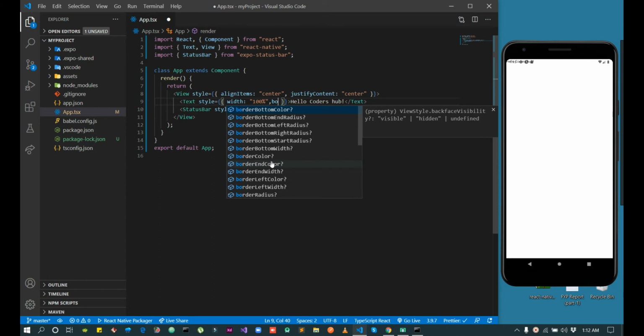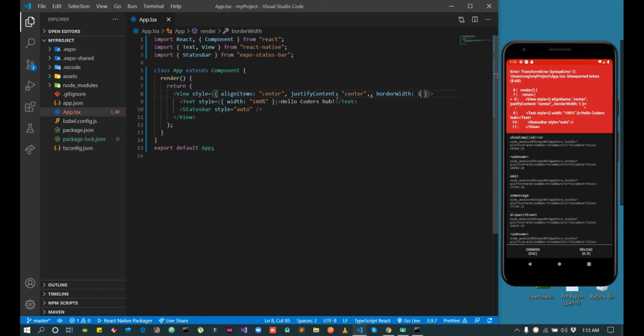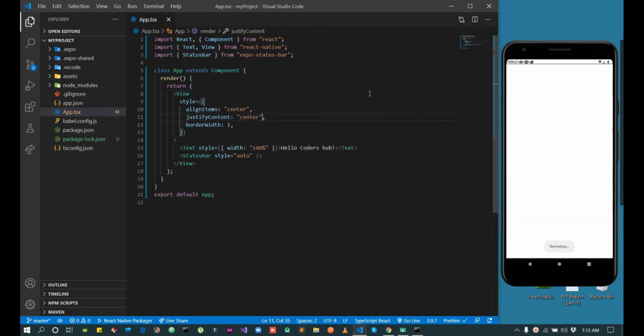We will give the borderWidth 1. Here you can see the border of our text field. So we will give this border property to our view to see where our view exists.